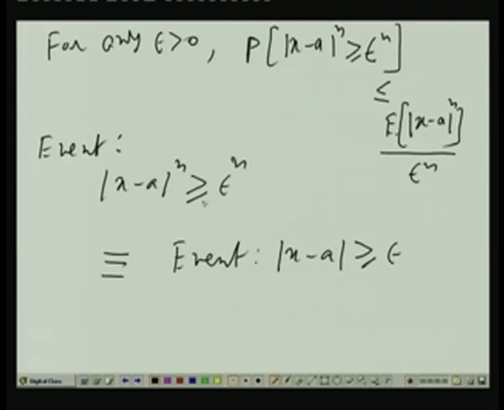If the above inequality is given that mod of x minus a whole to the power n is greater than or equal to epsilon to the power n, this obviously means mod of x minus a is greater than or equal to epsilon. Conversely, if it is given that mod of x minus a is greater than or equal to epsilon, obviously if you raise both the left hand side and right hand side to any power n, since both are positive, even then the left hand side will be greater than or equal to the right hand side. So the two events are the same. One implies the other. That means from above I can also write that the probability of